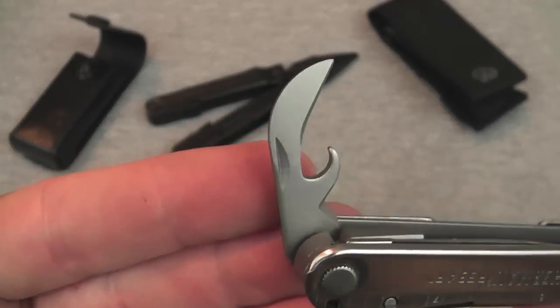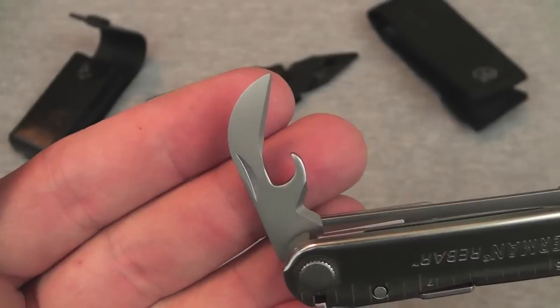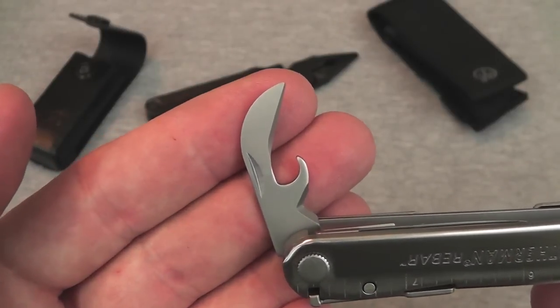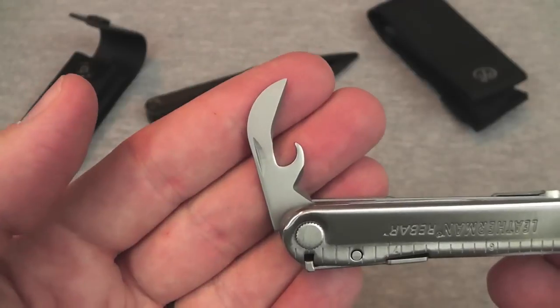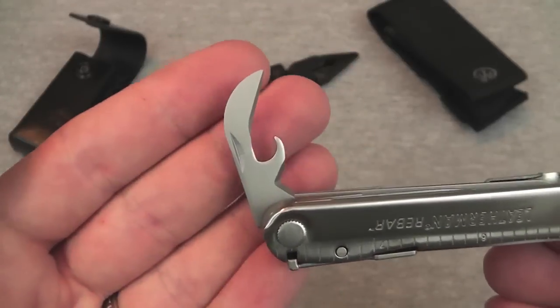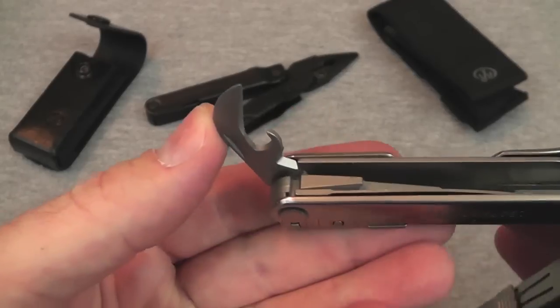Okay, and this is one of the reasons I think it's a great hiking and backpacking tool. Depending on what your goals are with your backpacking trip, canned food is probably going to enter into it. If you're going to be on an extended trip, you're probably going to think about taking some canned food. A lot of it will be dehydrated, but we won't go into that really. Canned food is just an option for hiking and backpacking, and having a good can opener is going to be